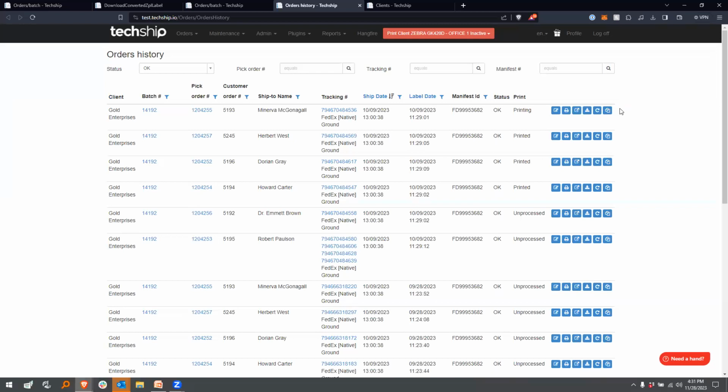Note, okay, that this feature must be enabled by request. So if you are going to use this feature, you go to this section, orders history, and you don't have it available, get in touch with TechSHIP support, and our team will make sure that this is enabled, and also will instruct you on the permissions that the users might need to have enabled to make use of this feature. Okay, so this is how we do it manually, okay,